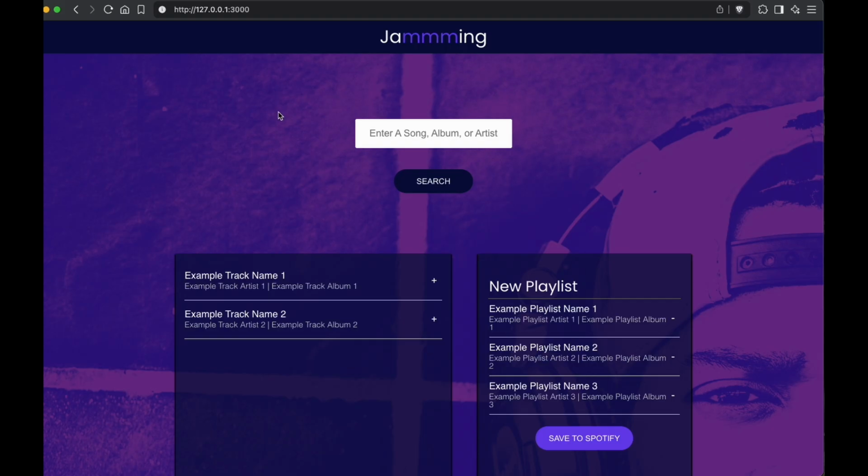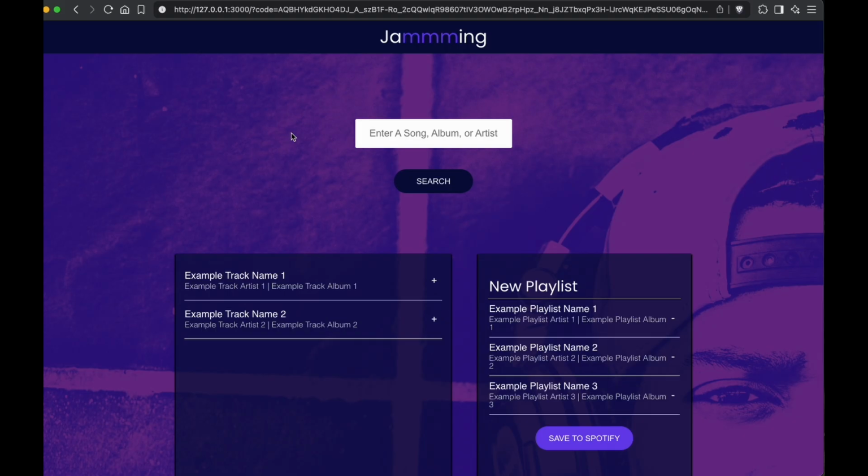So I am going to reload this page. So we are going to search for something. When we click search, we are asked to authorize it. And here, as you can see, we have a value of code, which is this. If we are able to find a value of code in the URL, that means that the user has already authorized this application to interact with